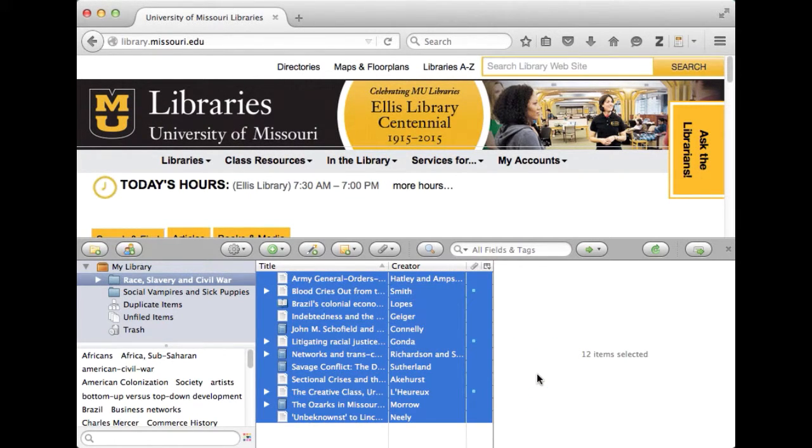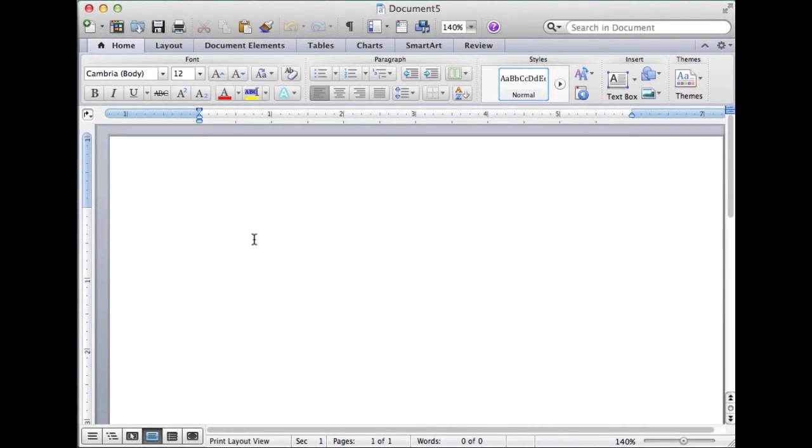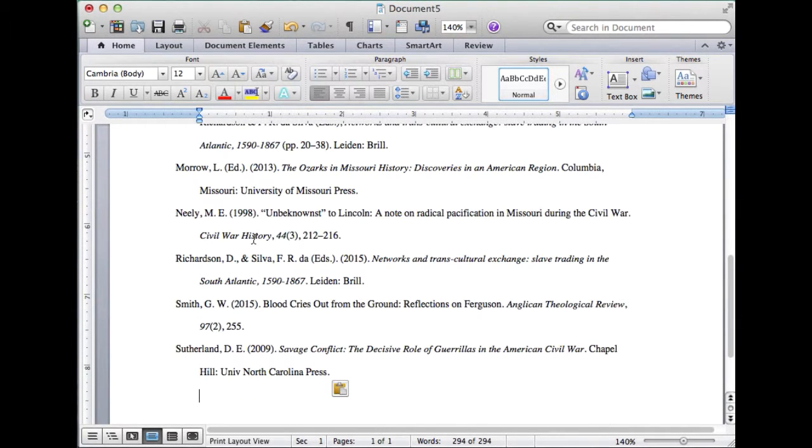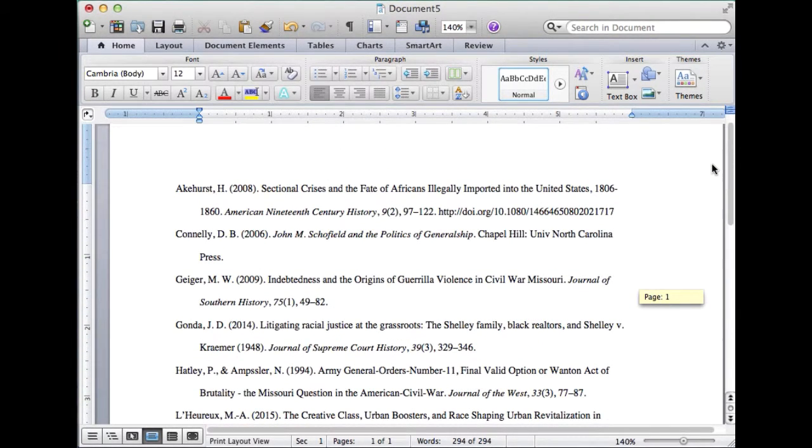and then I will switch to my Word document, and I put the cursor where I want my list, and I hit Control V or Command V on a Mac to paste them. And voila, there is my list. It is all in nice alphabetical order because that's how APA wants it. And it's got all my italics and my hanging indents, and I didn't have to worry about doing any of that in Word, which is